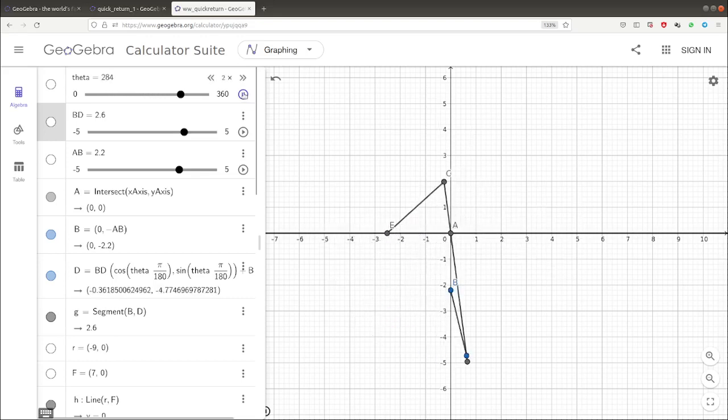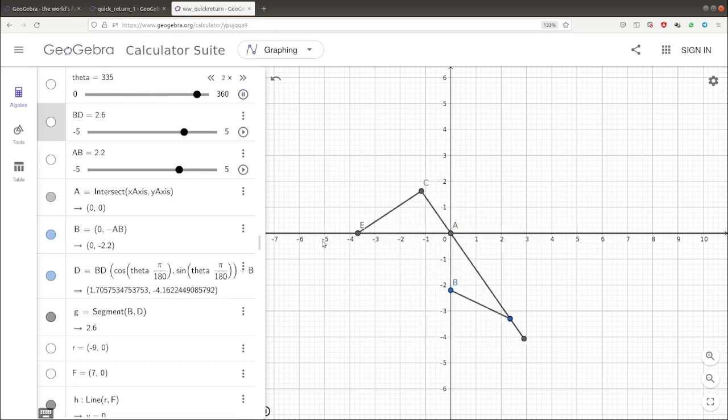See, now when it comes back, it's like a snap. It comes back that quickly, right? And that's fine, but what about the stroke? So it's going from -1 to -5, right?